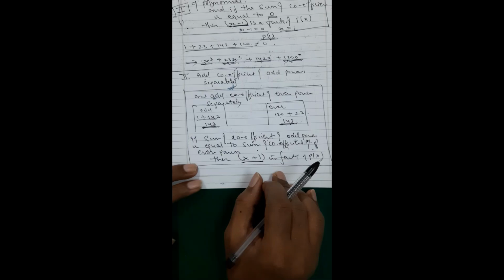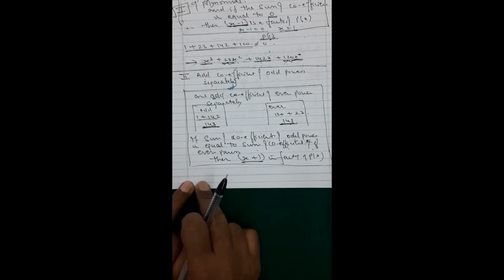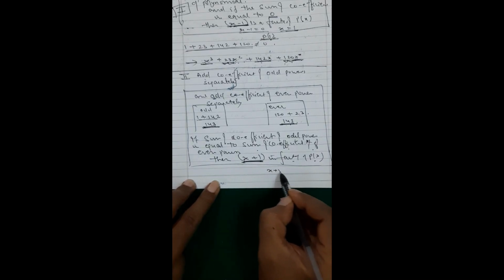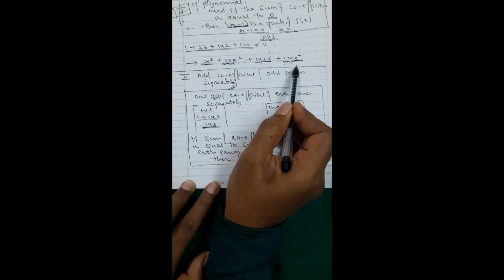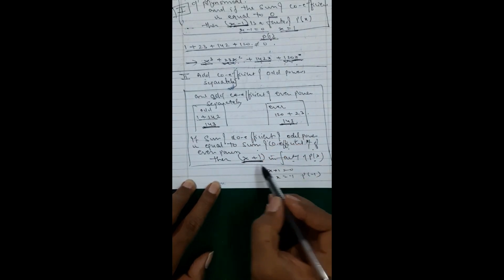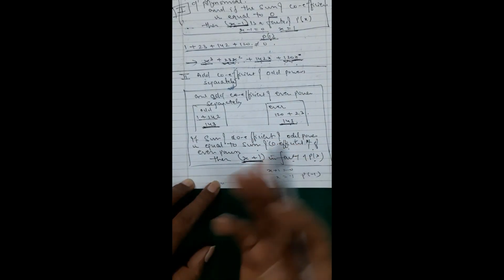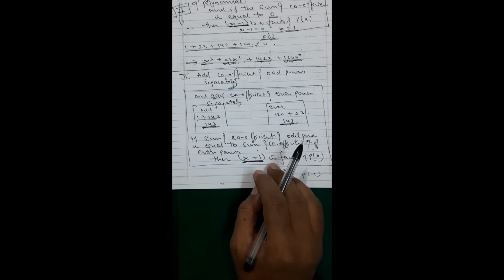You will just tell that, let's try by trial to see if x plus 1 is a factor of p of x. That means x plus 1 is equal to 0, therefore x is equal to minus 1. So you will find p of minus 1. Means in place of x, you will substitute minus 1, and definitely you will get 0. And then you can tell x plus 1 is a factor. Of course, afterwards, again, there is a question to be solved.